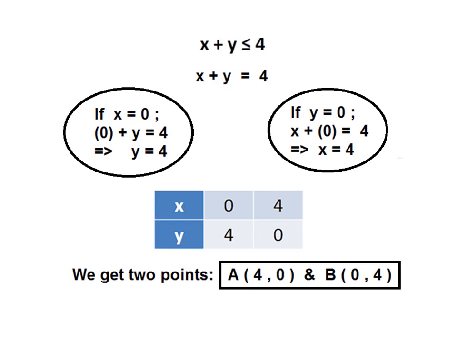We tabulate it in the tabular column, where you can see x is 0, y is 4. Next, to find the intercept on the x axis, we put y equal to 0. Look at the circle on the right side, y is equal to 0. The equation becomes x plus 0 is equal to 4. This implies the x value is 4. So we get a new point, that is 4 comma 0, where y is 0. So in the tabular column we have now found 2 points, as you can see in the rectangular box: one is 4 comma 0, another one is 0 comma 4. Let us plot these 2 points on the graph.